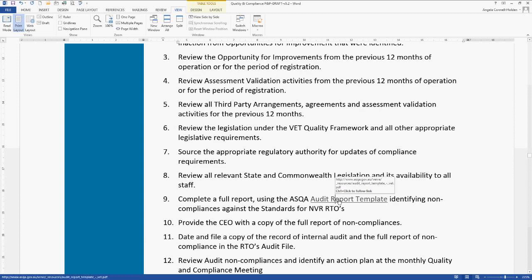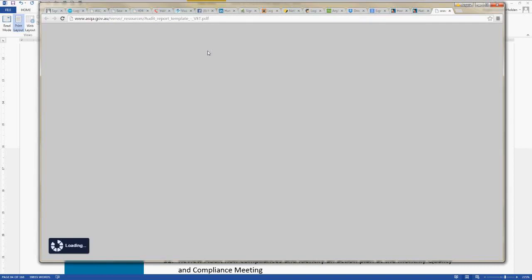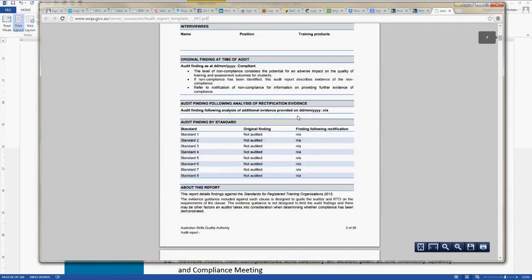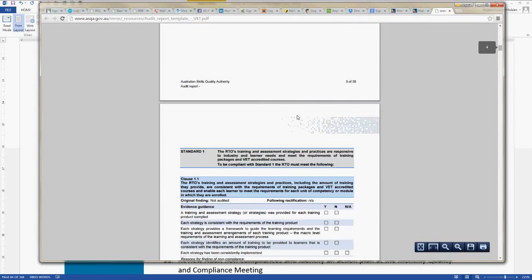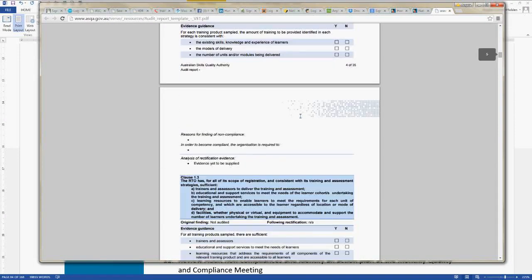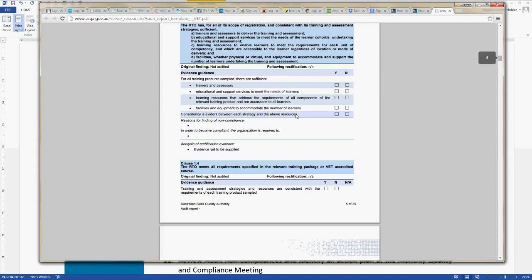If you click on that link, that's the form they use when they go to audit. You can either use this form for conducting audits yourself, or alternatively, as I recommend, bring someone else in, because you know what you know and you don't know what you don't know, and they can do the audit for you.